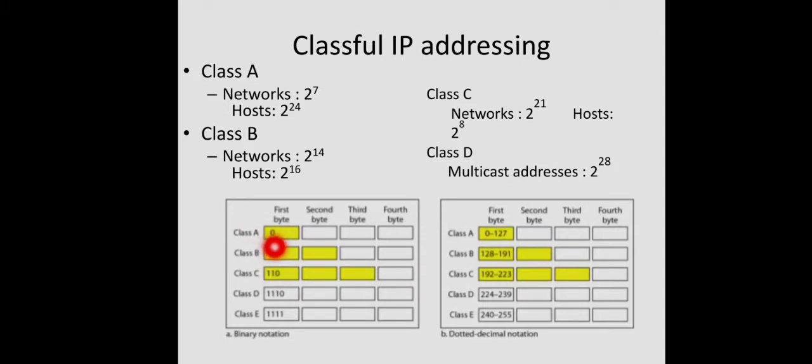Is it enough to check the first bit, the highermost bit? No, right? Because if it is 1, 4 different possibilities are there. It can be either class B, C, D or E, right? And is it enough to check the first 2 bits? No. Then also there are different cases, like if it is 1, 1, it can be either C, D or E, right? So all the 4 bits have to be checked. Then only we can find out the corresponding class. So the first step is to find the class of the address by checking these 4 bits.